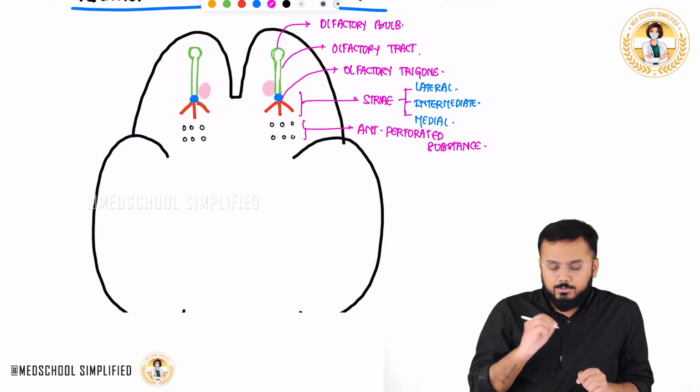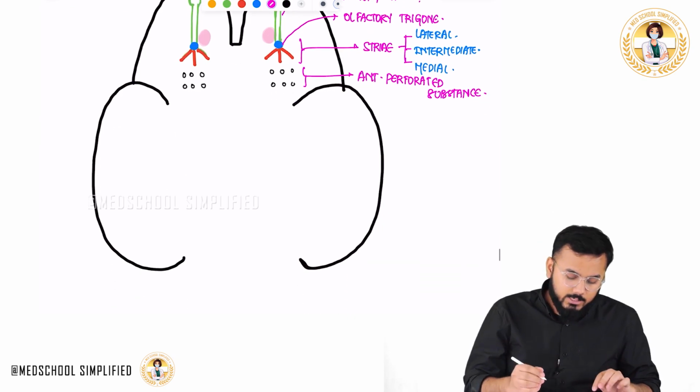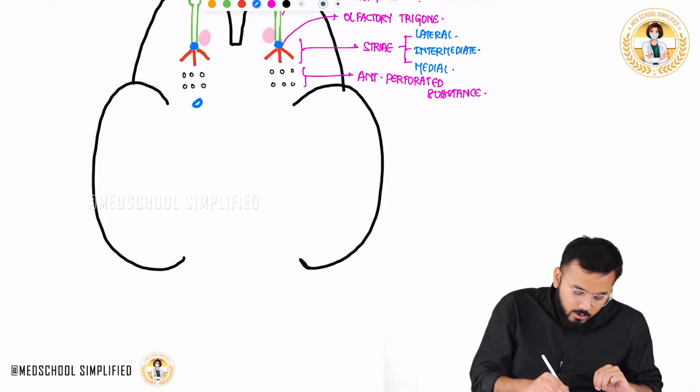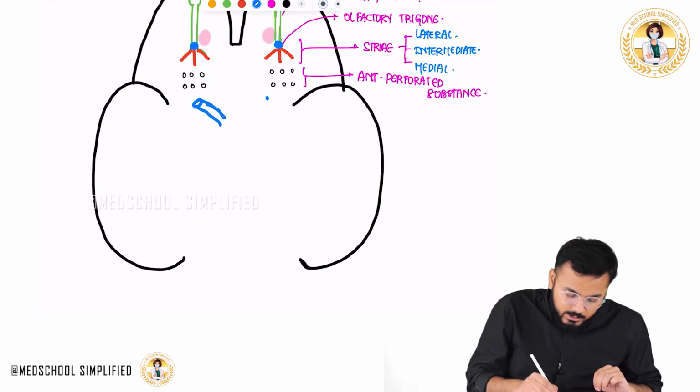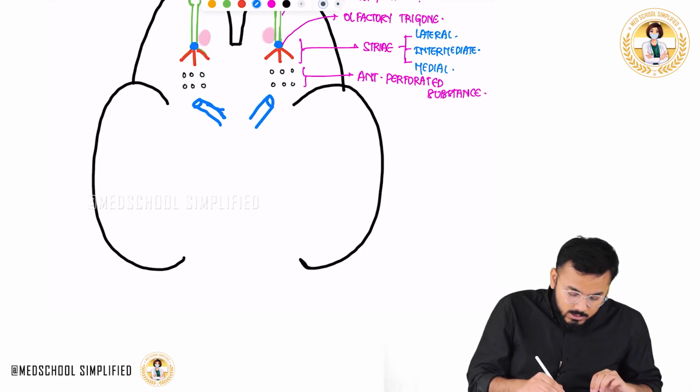Anterior perforated substance. So these are the three important things you have got. Now after these three important things, another important thing I have already told you, that here you have got this nerve called as right optic nerve. Next, here you have got another nerve that is called as left optic nerve. So this is right optic nerve and this is your left optic nerve. So both these optic nerves, they join together like this,